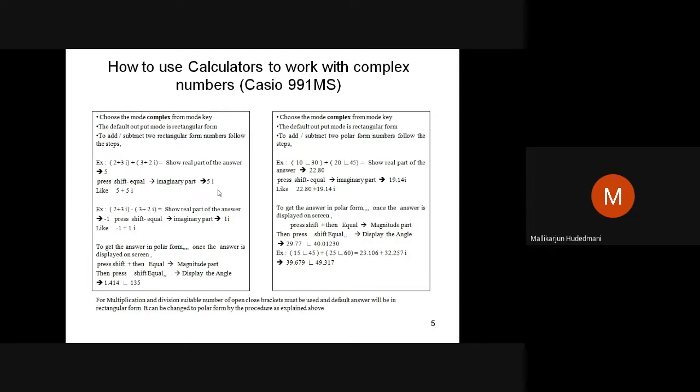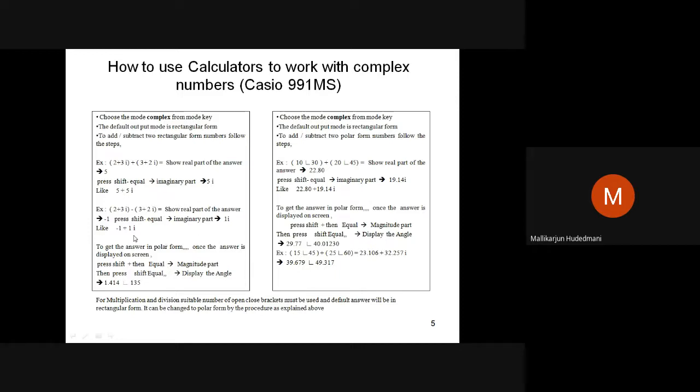Similarly, you can do the difference here. 2 plus 3i minus 3 plus 2i. I want to take a difference of these two quantities. The same procedure. So type the numbers, keep ready, use the operator, use again another quantity. First equal gives you the difference. 2 minus 3 becomes minus 1. Because 2 is smaller, 3 is bigger, the minus sign comes in, it becomes minus 1. Then here plus 3 and minus 2 goes inside, minus 2 plus 3, it is plus 1i. So this is how addition and subtraction can be done very easily on the calculator.